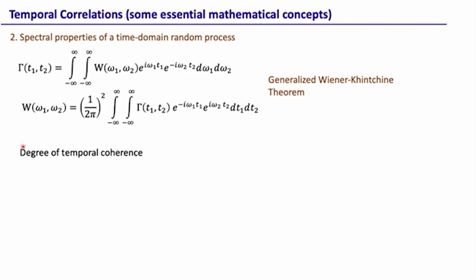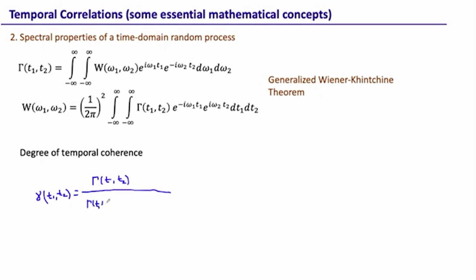We define a quantity called small gamma(T1, T2), where we take the cross correlation function Gamma(T1, T2). This is just a way of normalizing it,